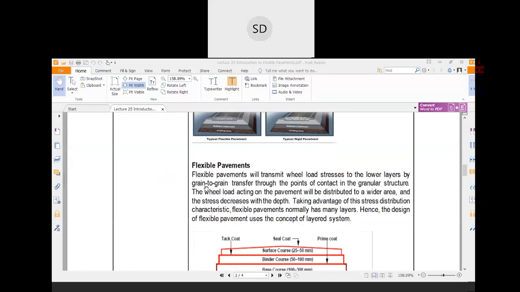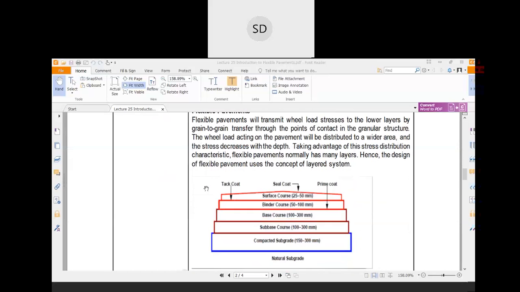Now, flexible pavements will transmit wheel load stresses to the lower layers by grain to grain transfer through the point of contact in the granular structure. So, this point we have already discussed, that in the flexible pavement there would be aggregate. Different layers of the aggregate, and load would be transferred from one aggregate to another aggregate. So this type of transfer of the load is called grain to grain transfer of the loading, and ultimately